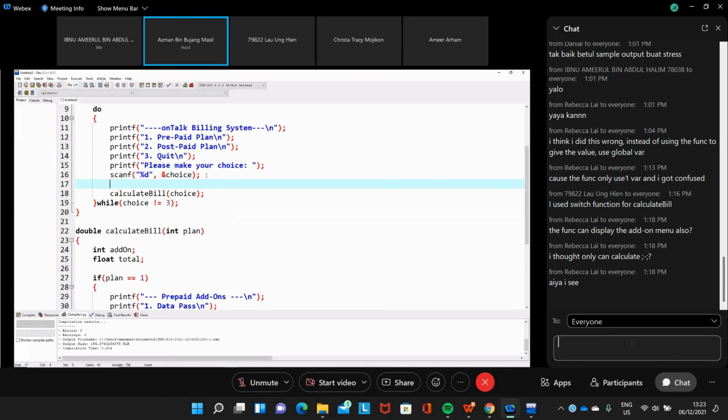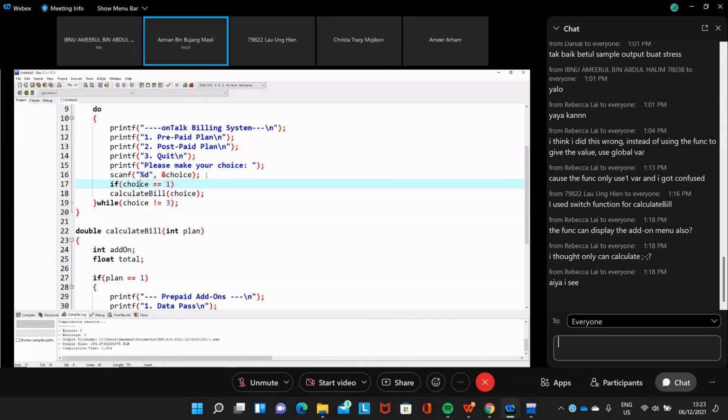We don't calculate. So only accept this if choice is equal to 1 or 2.